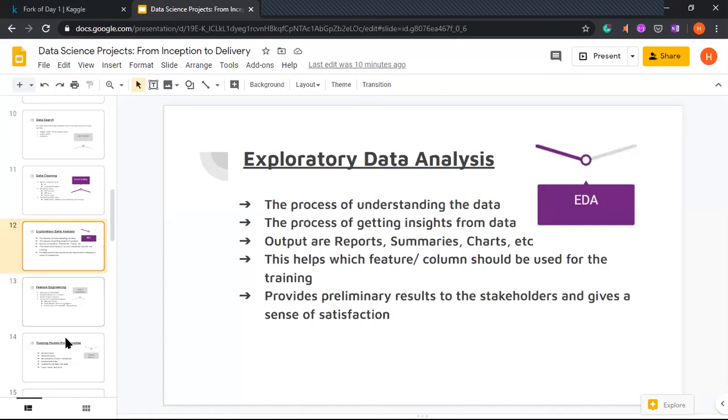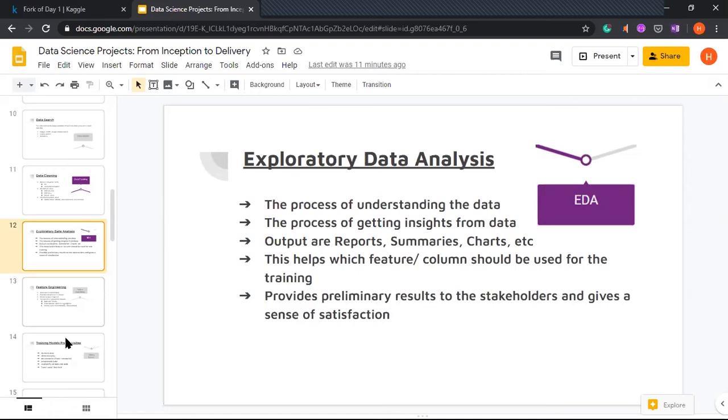And the other result that we get is basically giving a sense of work to the stakeholders. So the stakeholders, if they are providing you the resources, they want you to give them outputs every week or every 2 weeks. And the model that you will be building will be almost at the end of your project. The final accuracy or F1 score or whatever you're showing, that would be at the end of the project. So in the meantime, you have to give them something so that they know that okay, it's happening.